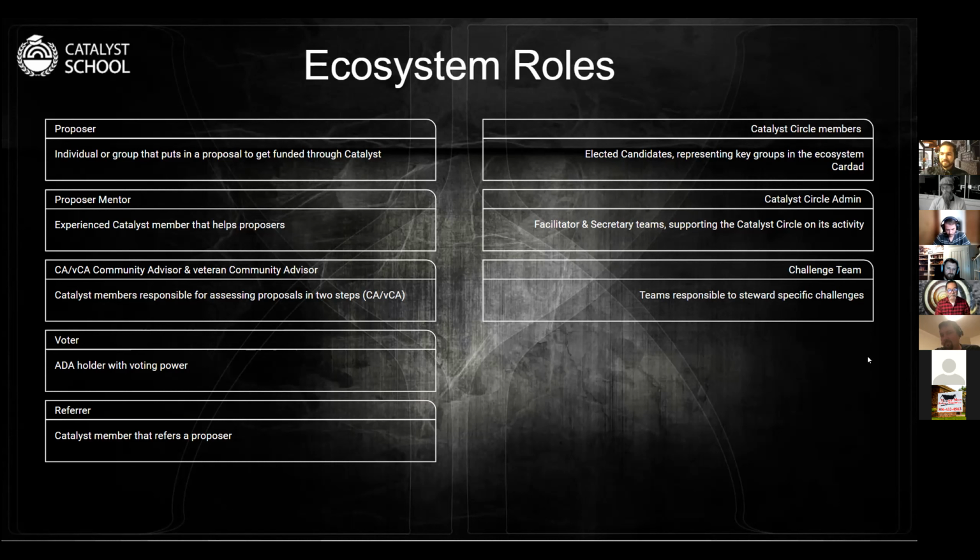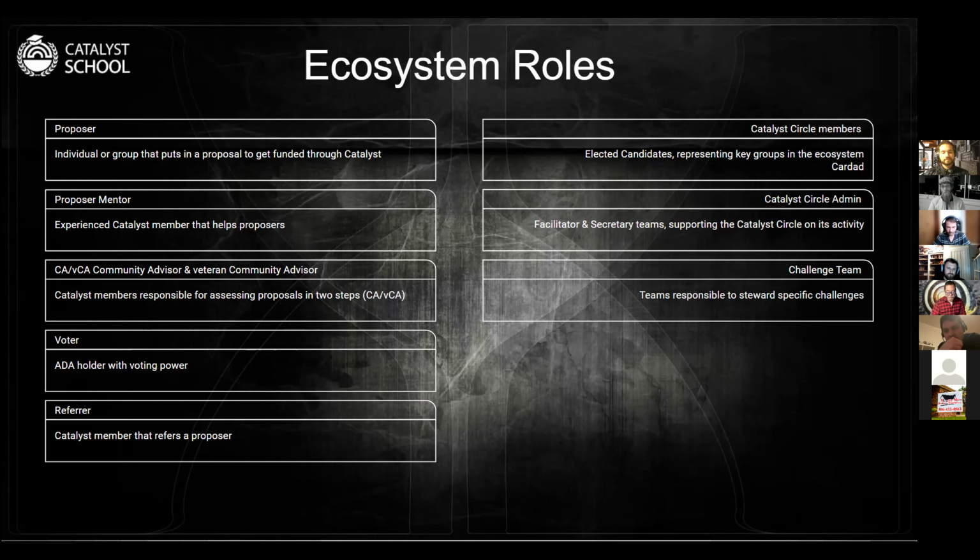Yeah, Felix. I think one thing which is important to mention, as community members, you don't have to choose one role and stick to this role. You can carry several roles. Very often we see in the community, for example, we have a permissionless environment where people start as a proposer and as a community advisor. By this, they're getting in touch with the ecosystem already. They get knowledge, they get experience, and then they move on.